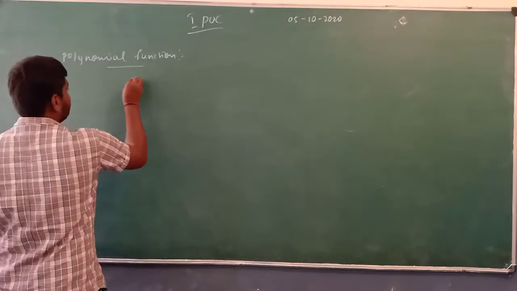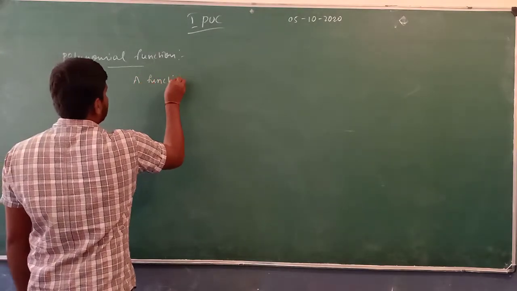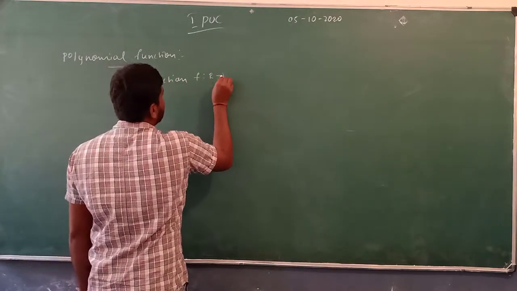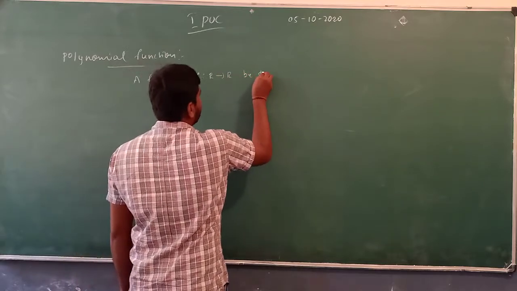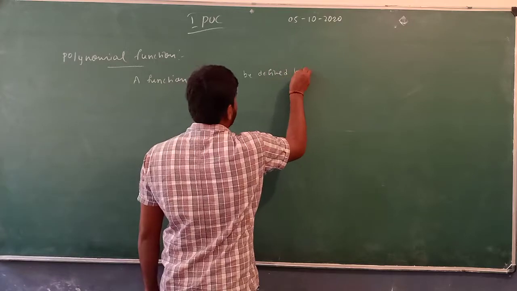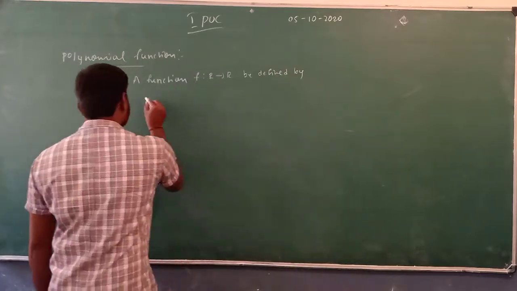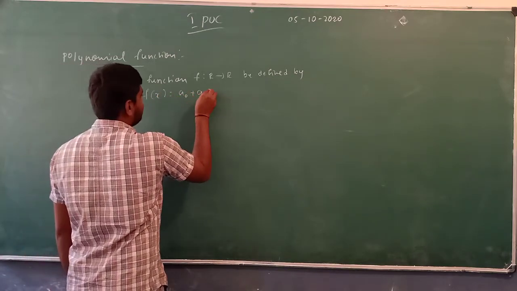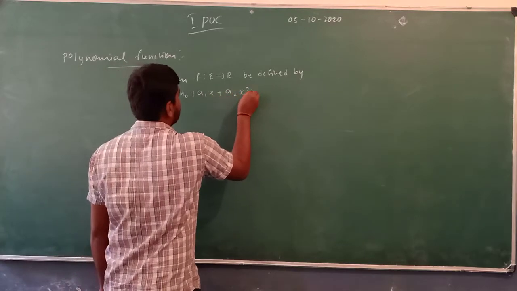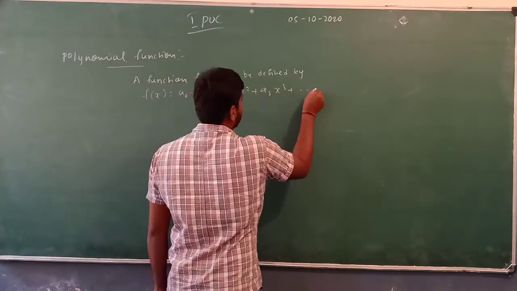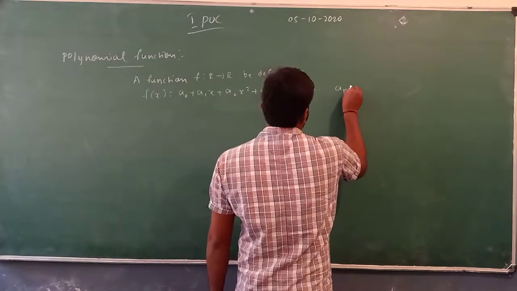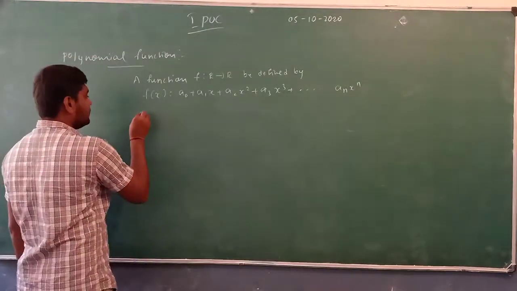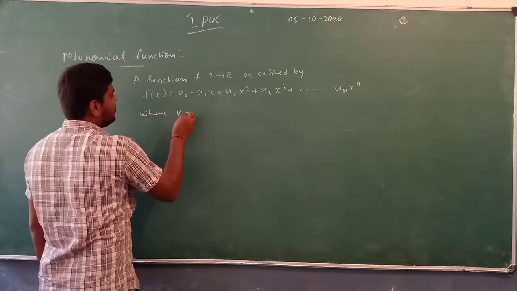A function f from R to R be defined by f of x is equal to a naught plus a1x plus a2x square plus a3x cube plus up to an x to the power n. Okay. And where for all x belongs to R